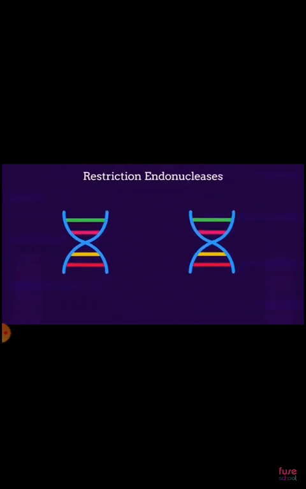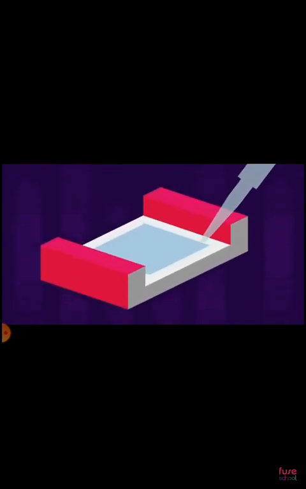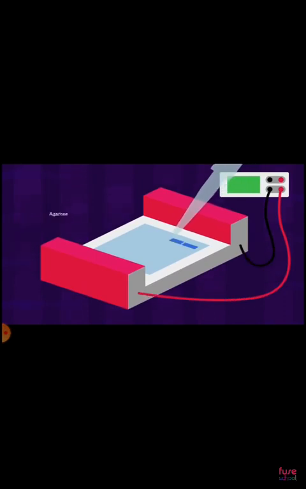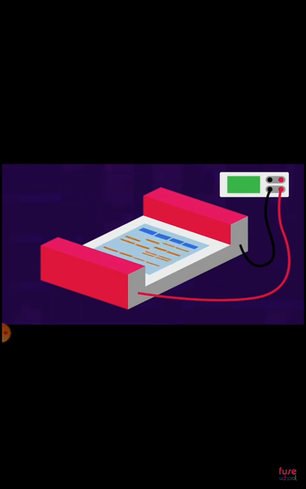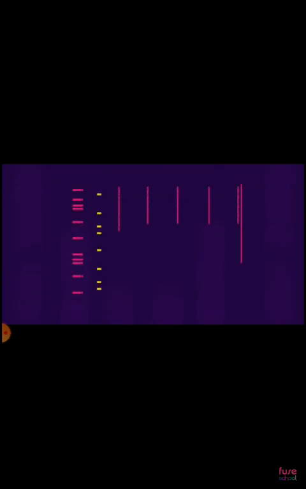Many copies of this DNA may be made using the polymerase chain reaction, or PCR. Special enzymes called restriction endonucleases are used to cut the DNA up into different size pieces. The DNA samples are then put into wells in a special gel called agarose for the process of gel electrophoresis, which separates the DNA fragments by size. The pattern is then transferred to a nylon sheet in Southern blotting. And finally, the lines produced by the DNA samples from different people are compared.